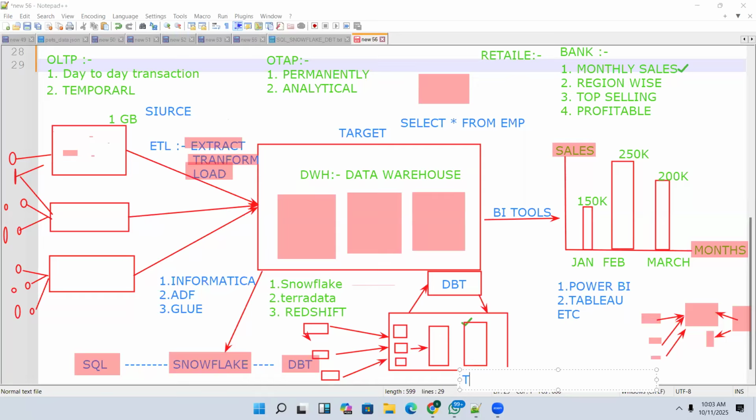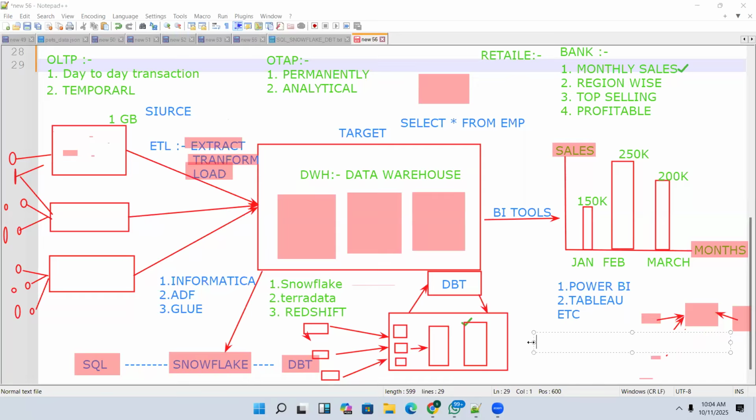See, as a part of this course, guys, what we are offering, we will teach you the SQL. If you know the SQL, that is well and good. We'll have two types of sessions, SQL and Snowflake. You may directly enter into the Snowflake. Once we complete the Snowflake, I will explain how to connect DBT with Snowflake and how to create the models, macros, writing some ML code, everything we will explain.